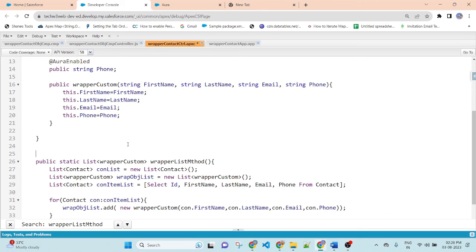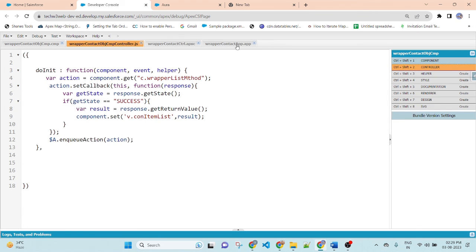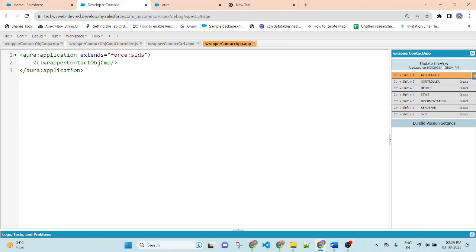If you are calling an Apex class method in the Aura component, first you need to add AuraEnabled. Then save the file. The file has been saved. Then go to the app and preview.